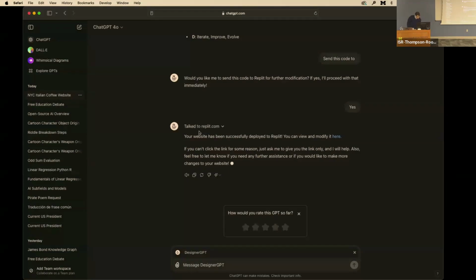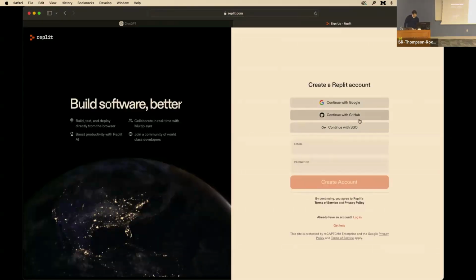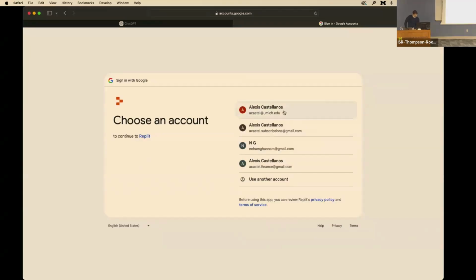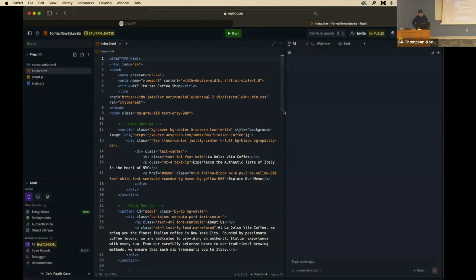So it says your website has been successfully deployed in Replit. You can modify it here. Cool, so our website should be running.